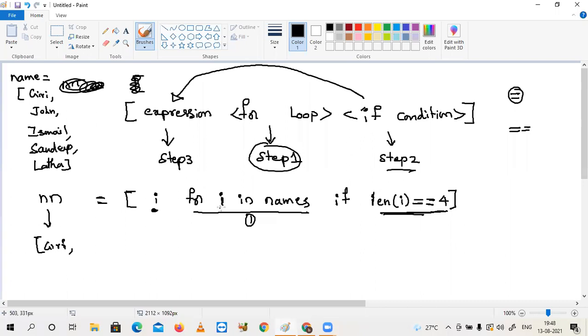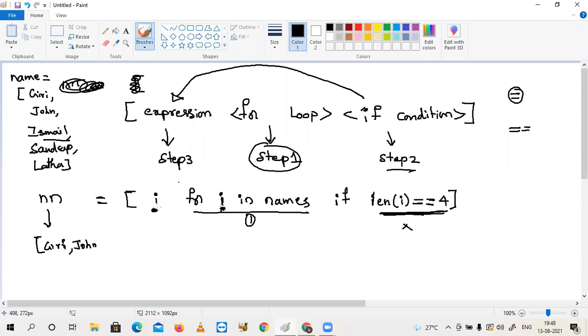Come on, in the second iteration, what is the condition? The I value is John. Check the condition. True. Again, that will be written to the expression part. John will be appended to this one. In the third iteration, what is the value? Ismail. Condition? False.